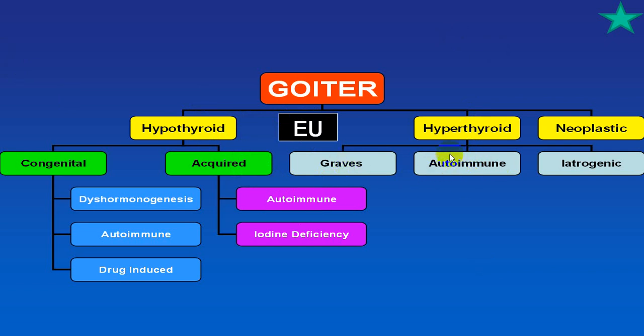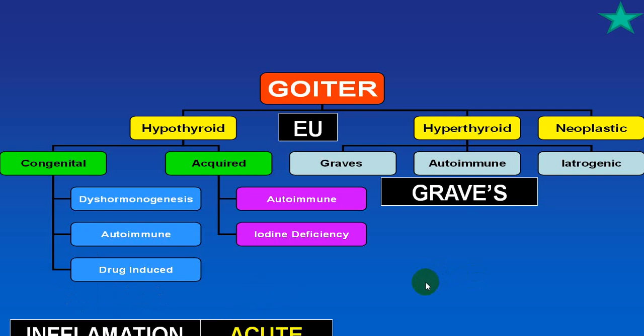Again, Hashimoto's can end up with hyper, but for a temporary period. Then we call it Hashimoto toxicosis. You can have a hypo because of iodine deficiency also, which can end up with a goiter. So you can have a hyper autoimmune, Hashimoto's, and you can have a hypothyroid acquired variety, autoimmune variety, Hashimoto's. Riedel's usually ends up with hypo, not hyper. Graves' disease is usually hyper.